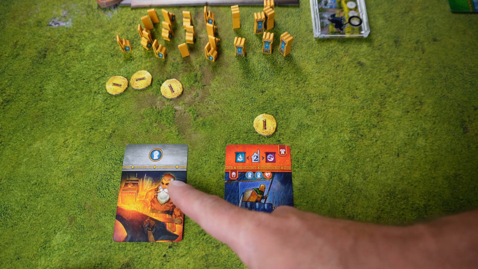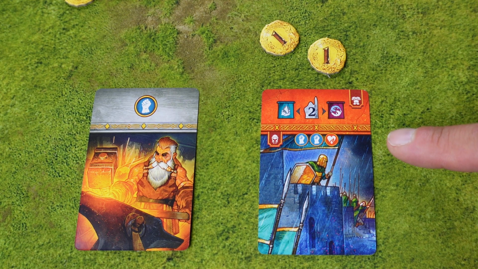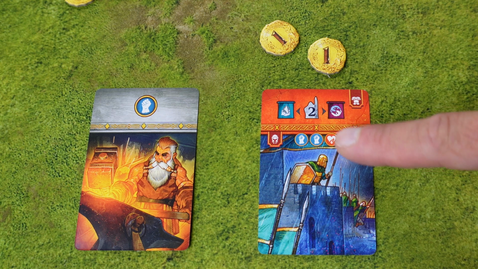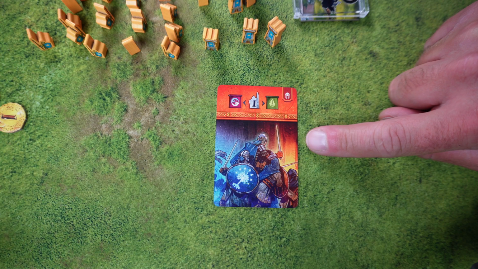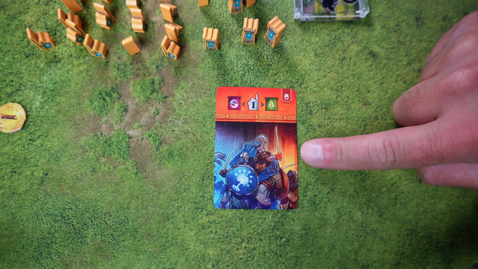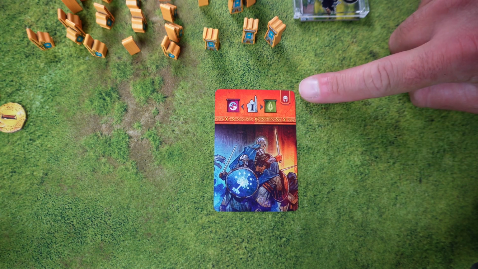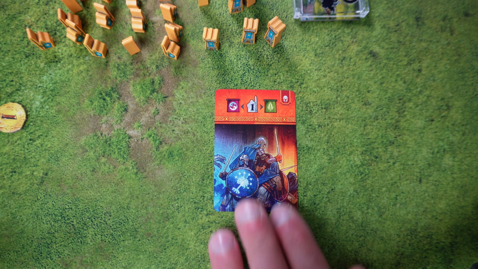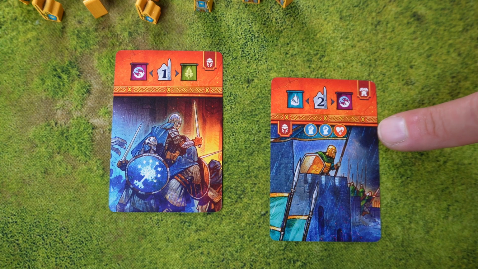Meaning that this player has 1 strength, and if they pay 2 coins, they will be able to play this card anyway. And some of the cards actually have linked abilities. For example, this card will cost you nothing to play when you play it, as it has no cost, right? And as you can see in the top right corner, it has this little flag symbol. This means that if in a future turn you get this card here, you will actually be able to